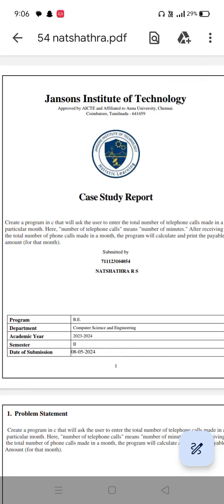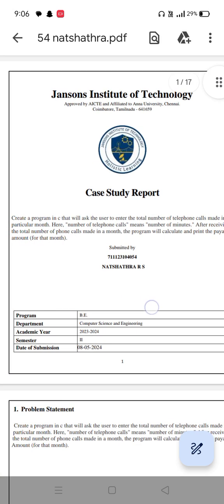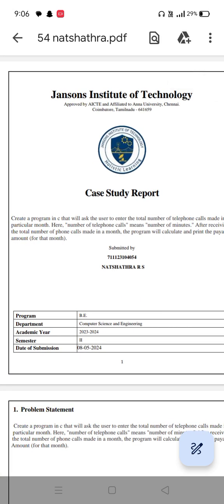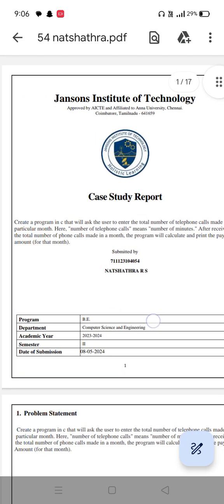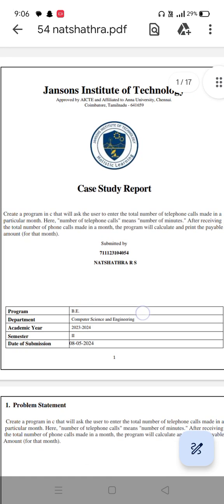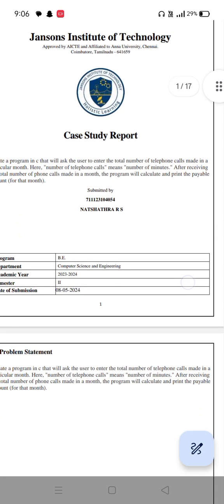Create a C program that asks the user to enter the total number of telephone calls made in a particular month. Here, number of telephone calls means number of minutes. After receiving the total number of phone calls in a month, the program will calculate and print the payable amount